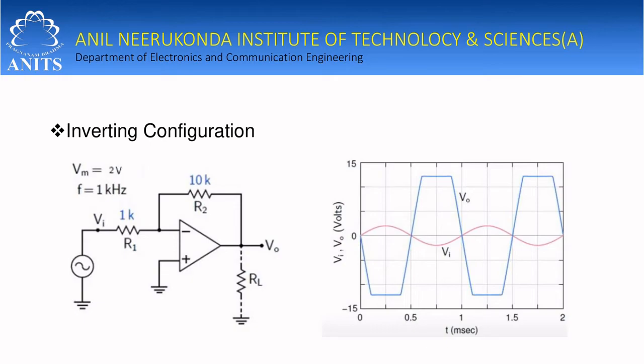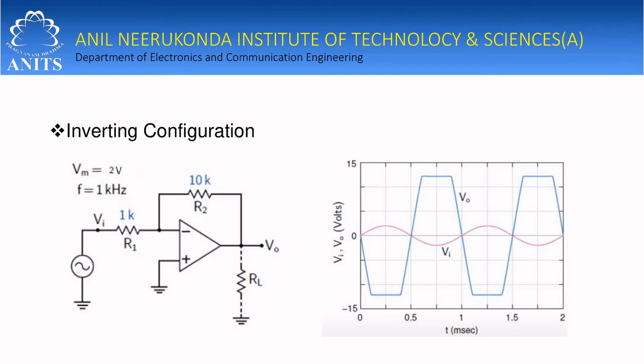Now you try to apply a voltage which is somewhat larger. Earlier it was only 0.5 volts, now it is 2 volts. Let us look at the output now. The output is observed to be clipped off in either direction, either in the positive direction or even in the negative direction. The output is said to be clipped off.